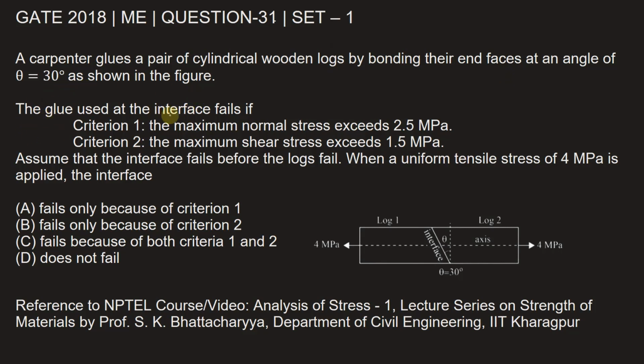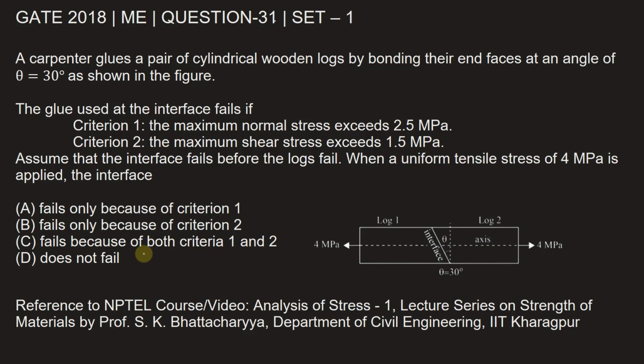The glue used at the interface fails if criterion 1, the maximum normal stress exceeds 2.5 megapascal, criterion 2, the maximum shear stress exceeds 1.5 megapascal. Assume that the interface fails before the log fails. When a uniform tensile stress of 4 megapascal is applied, the interface, option A, fails only because of criterion 1, option B, fails only because of criterion 2, option C, fails because of both criteria 1 and 2, option D,